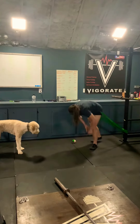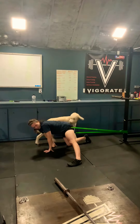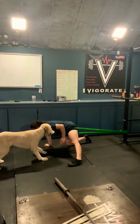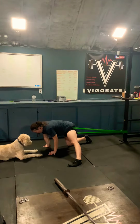Then you'll go into an adductor stretch. So you'll kneel down, same thing, still getting a good amount of tension in the band. You wanna make sure the pinky toe is staying on the floor. You're gonna try and tuck your butt underneath your shoulders, squeeze your glute, tucking in your pelvis, hold that there,